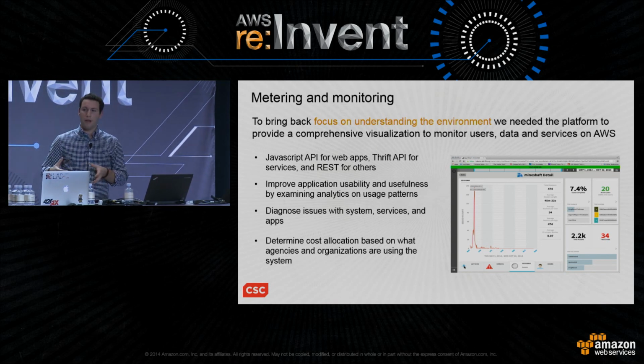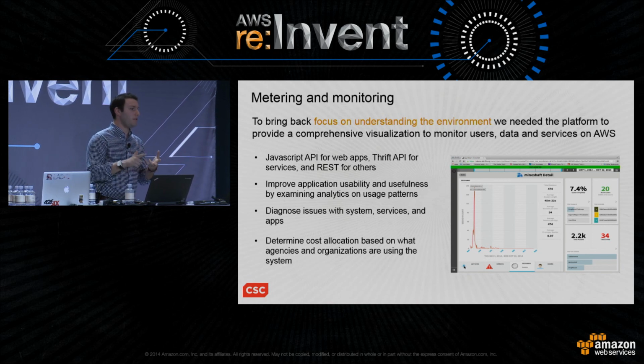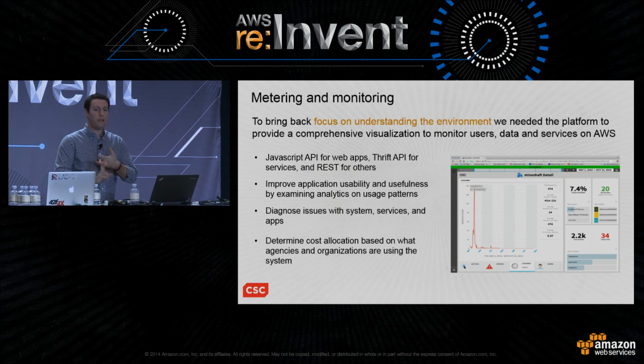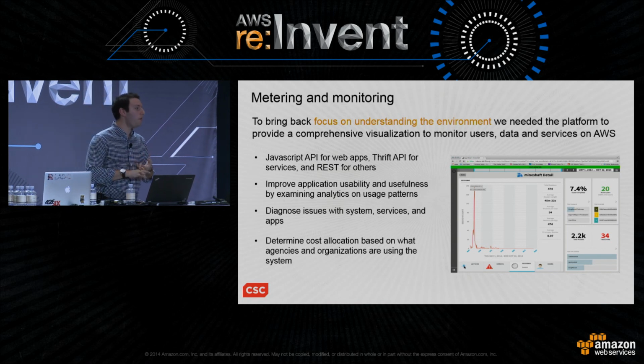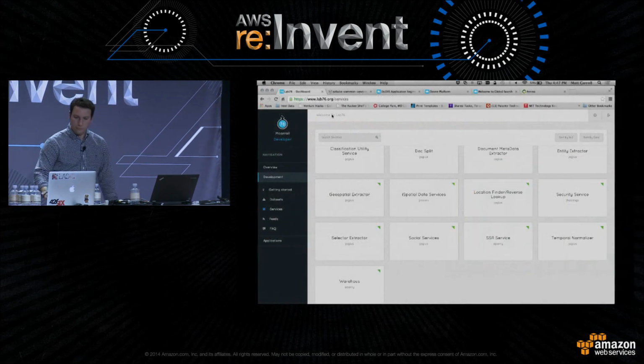And so we had to create a series of APIs to deploy on top of here, so we can actually monitor who's using the application, when they are using the application, how many errors the application is throwing, what data they are looking at, how often they are looking at that data. All that information needs to be simple. It needs to be 5 lines of code you can insert. It's like Google Analytics, but specifically designed for government use cases. And so we have